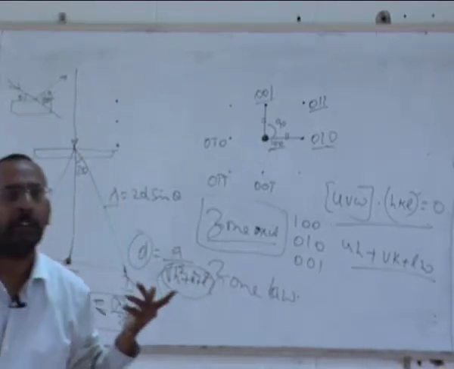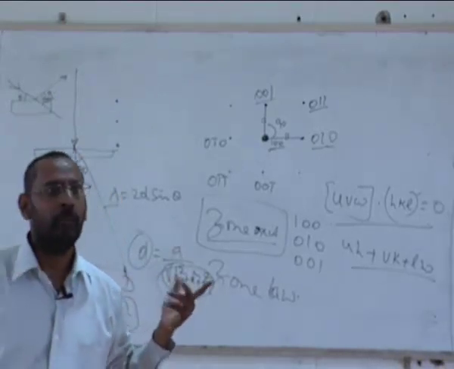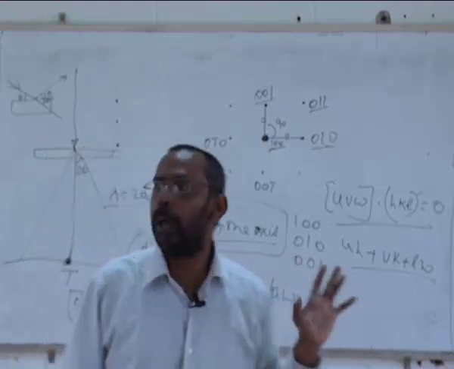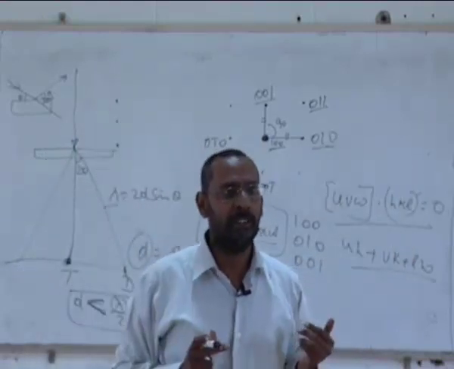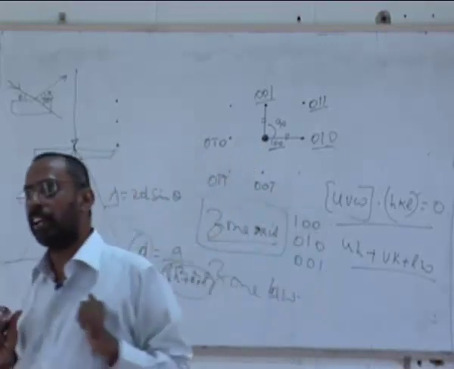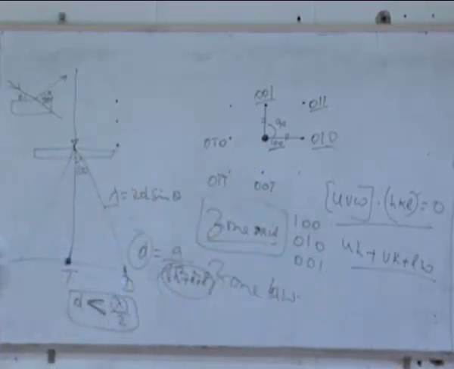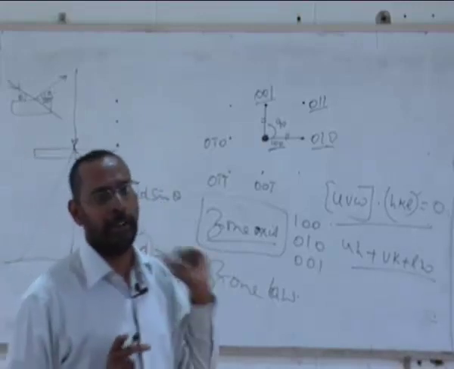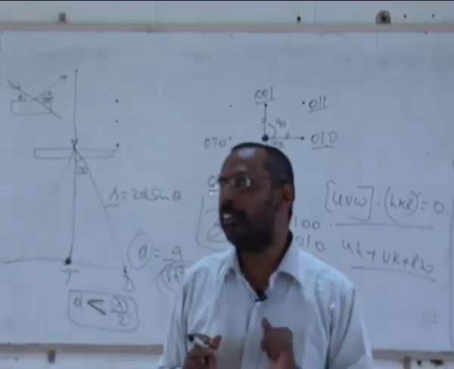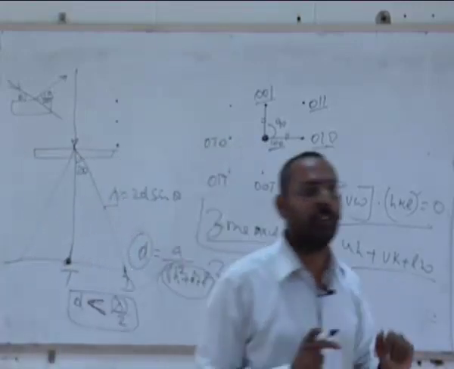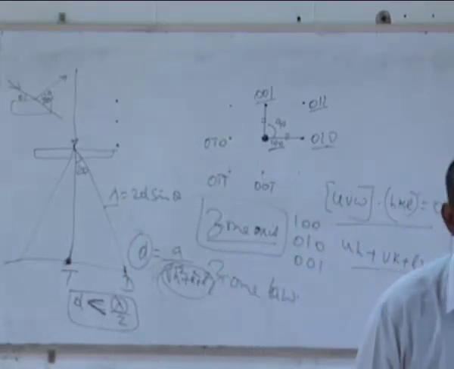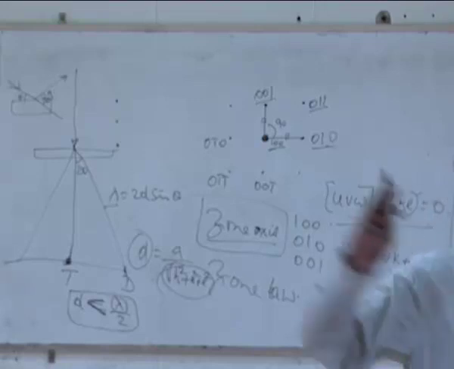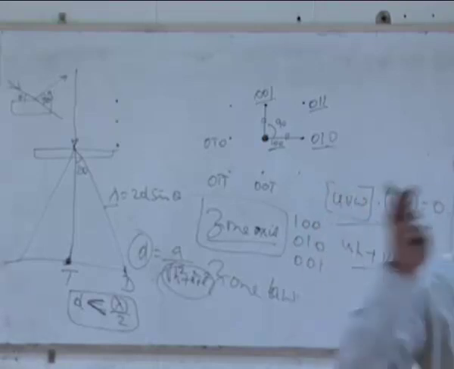It is only 111. Right? 100 cannot appear in FCC because 100 does not satisfy that condition. 110 does not satisfy that condition because it has 2 odd and 1 even. 0 is considered as even, right? So as a result, that also does not. So what satisfies is only 111. That's why I can very safely say that the first peak is always 111.